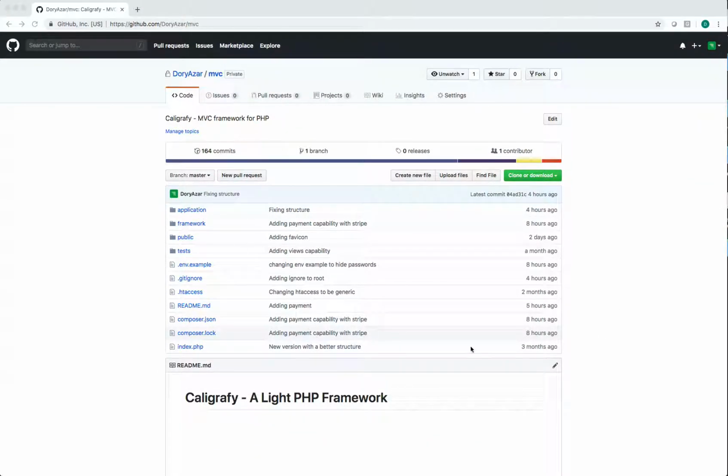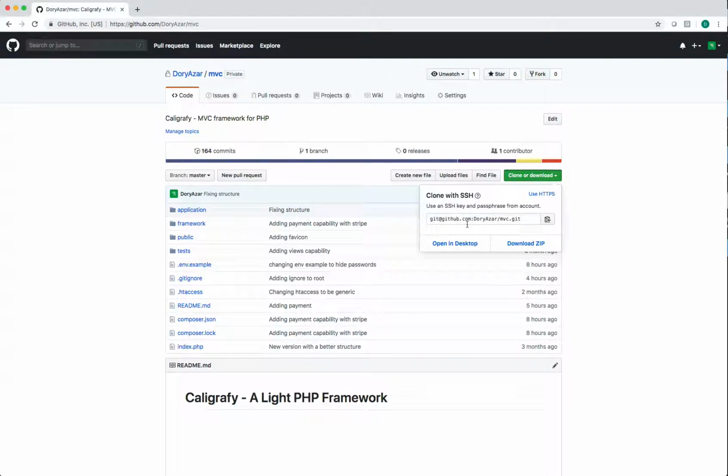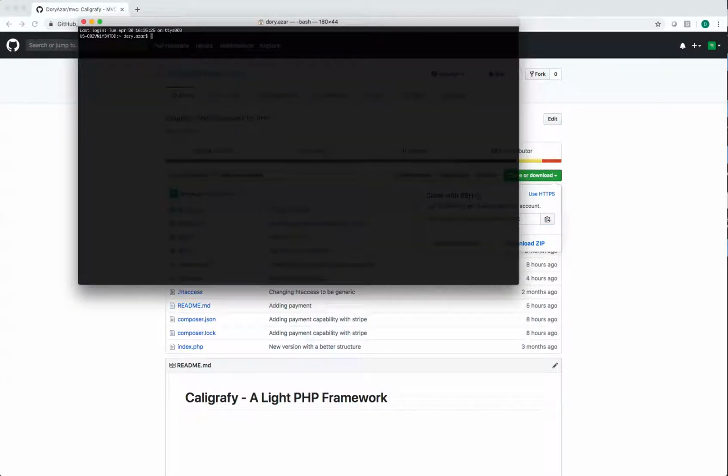In order for us to have access to the source code, you can obviously always download the zip file from Git itself. We don't necessarily recommend that you use it that way, but let's go through a regular cloning mechanism that is done through Git. In order to do that, we will copy the SSH address from GitHub, and then we open a